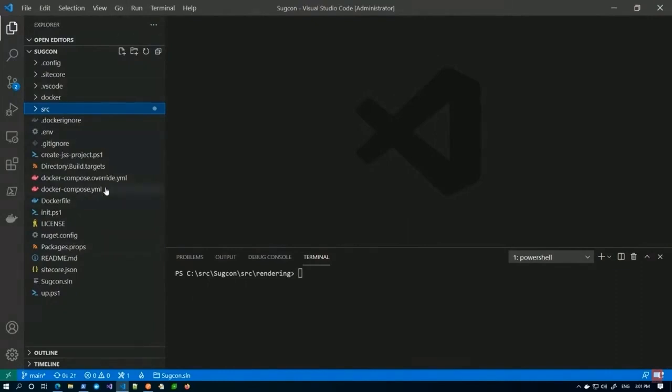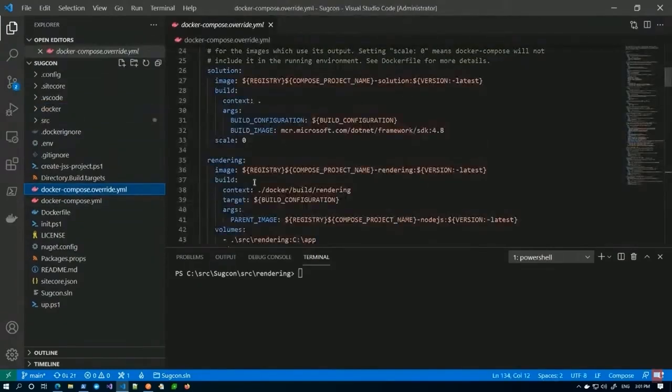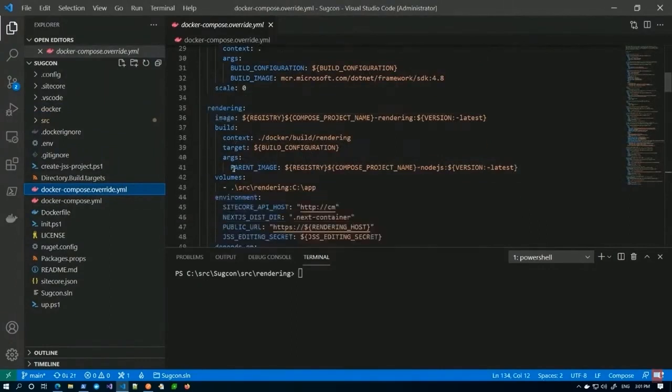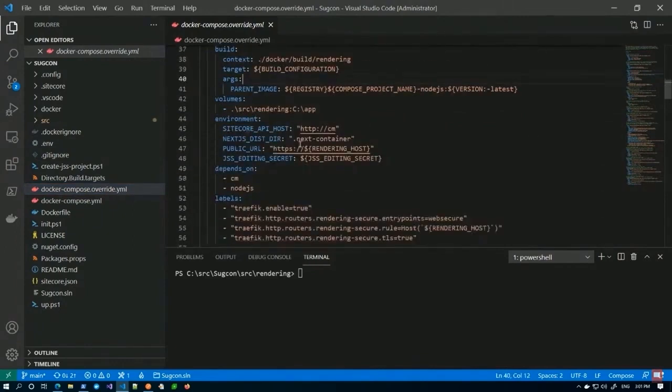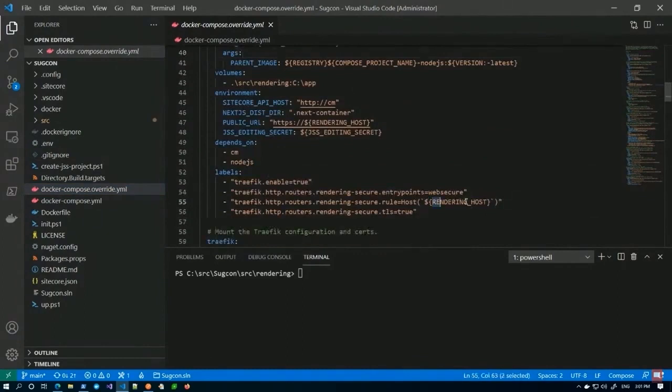Obviously, as I'm running on Docker, I'm not going to spend a lot of time on that, but one thing to point out is that in our Docker Compose override YAML file, we have a rendering image, and that is running using a rendering host name, which is in addition to the host names that Traefik is serving. So we have a host name for our CM server and a completely separate host name for our rendering host,